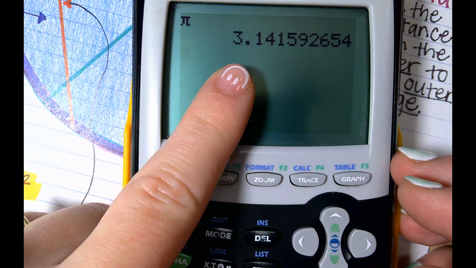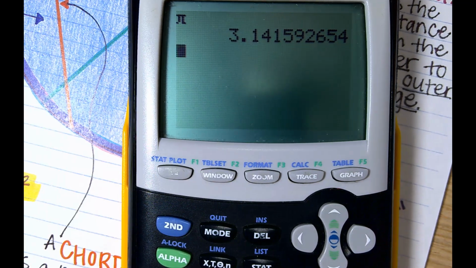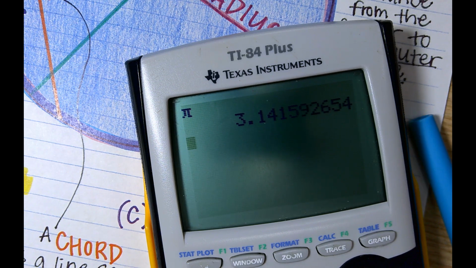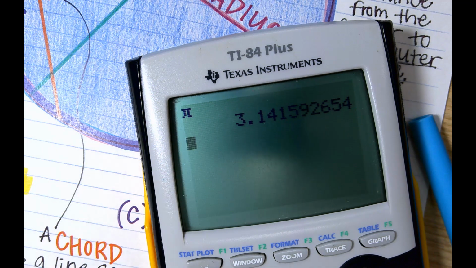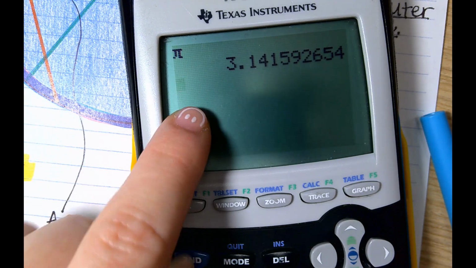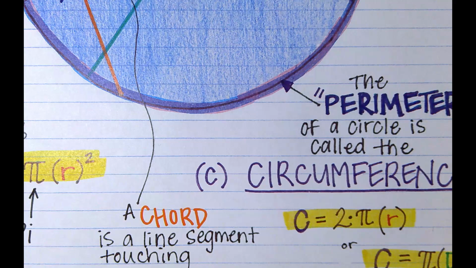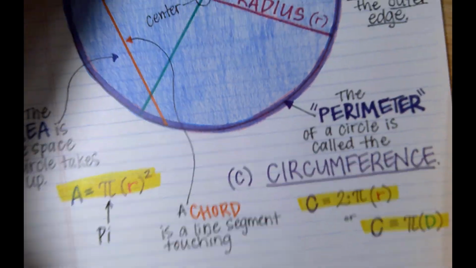So this is pi, 3.14159. How did somebody come up with that? I don't know. I wonder the same thing. It just comes about somehow. It's very interesting. But this is pi, and it's not a bad idea to maybe make a little note on your paper that to type in pi,